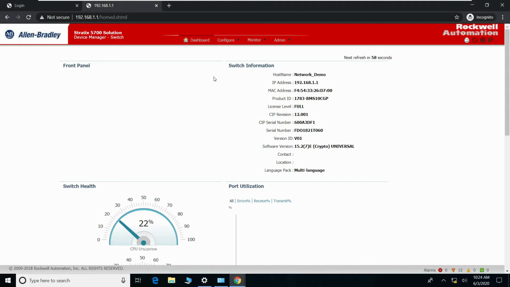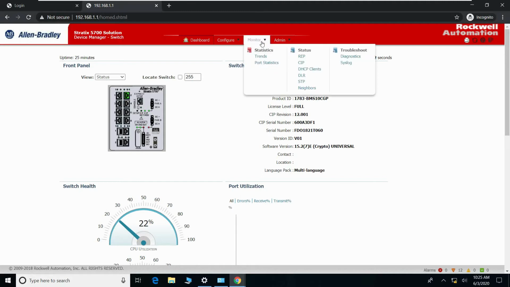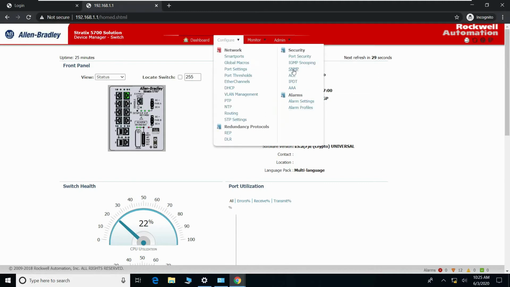The first thing we need to do is utilize what is called SNMP to allow for asset discovery within Network Manager. SNMP stands for Simple Network Management Protocol. It's an internet protocol where basically we have a MIB that discovers OID objects. It's an open protocol, and a lot of third-party software is used to monitor this, so that's what we're going to set up first. From here, we're going to go to Configure,